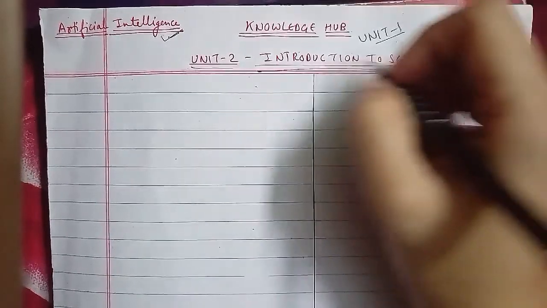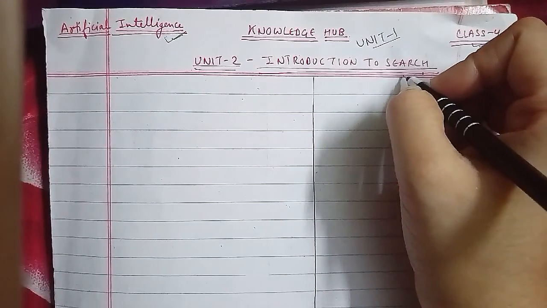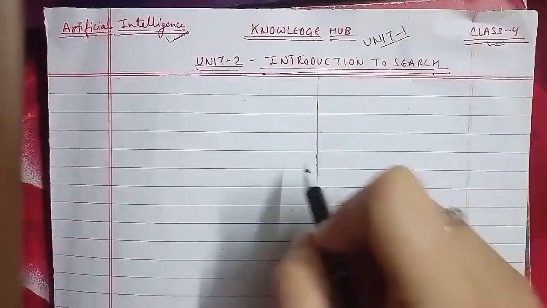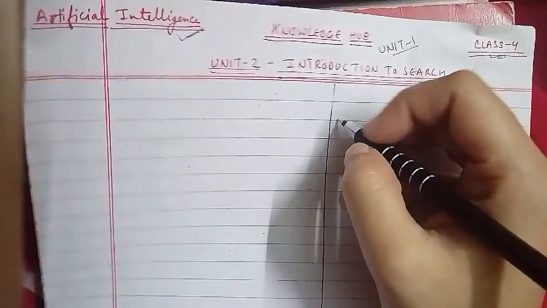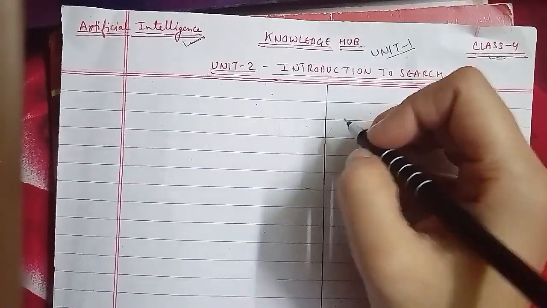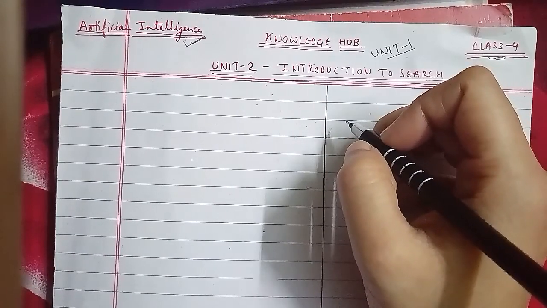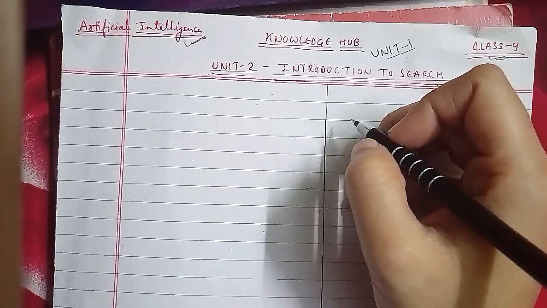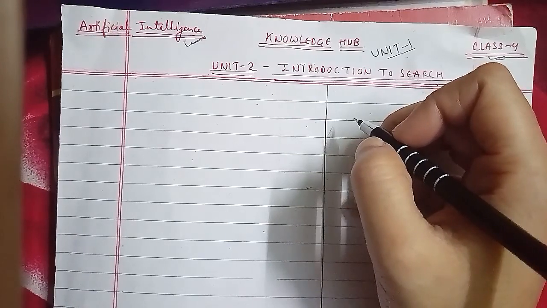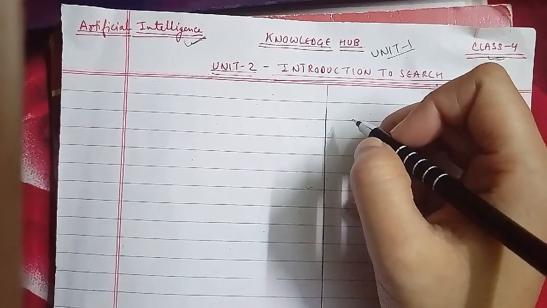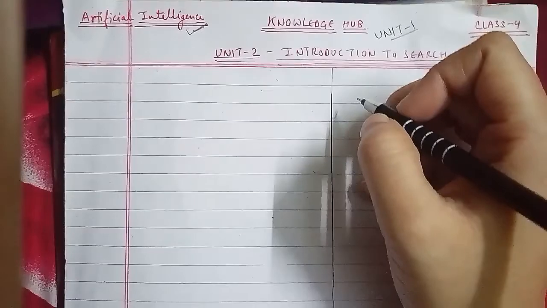So unit 2 is your introduction to search, which is very important because this has been a very important subject in reference towards the engineering student. So let's go ahead and start with it. The first question: how branch and bound technique could be used to find the shortest path solution by the traveling salesman problem. Discuss. We have to discuss that, but before that, first we'll discuss what is branch and bound search and what is the branch and bound search algorithm. Then after that we will discuss this. So let's go ahead with branch and bound search.